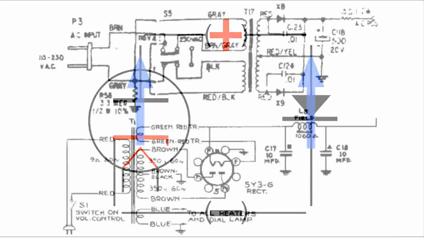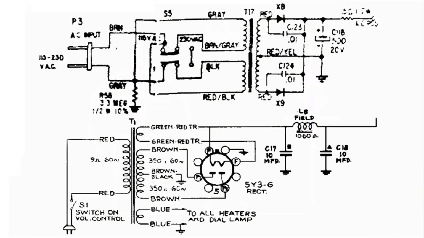Here are two full wave rectifier circuits. The top one is using a solid state, and the bottom one is using vacuum tube. Now they're both going to do the same thing and in the same order. If we have this situation on the secondary,